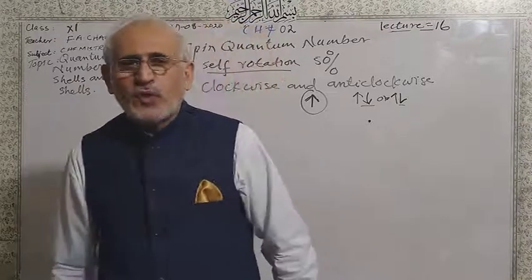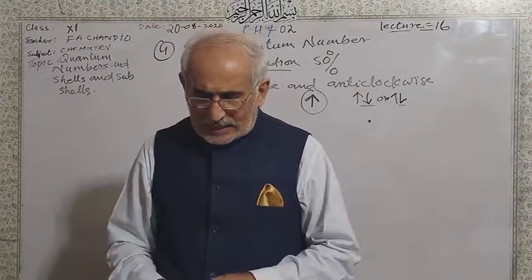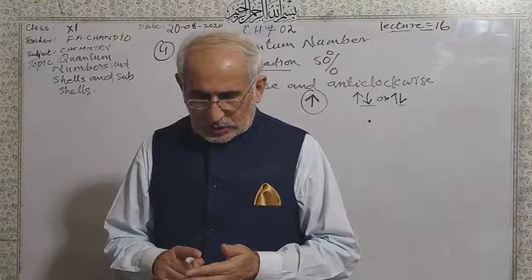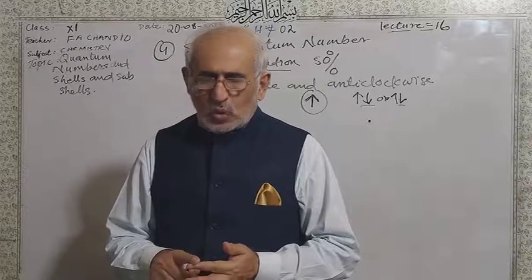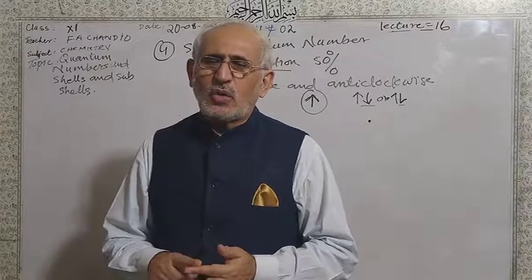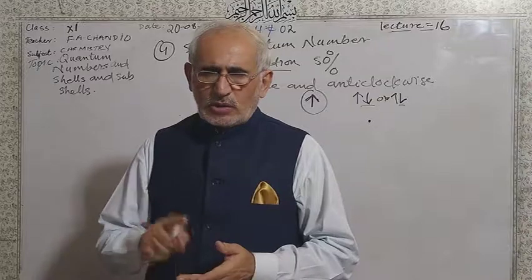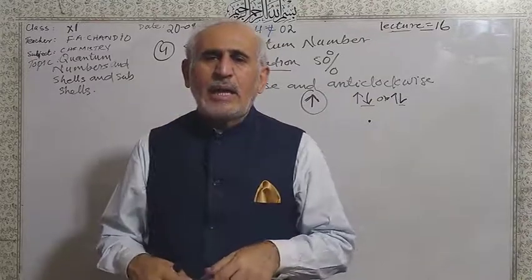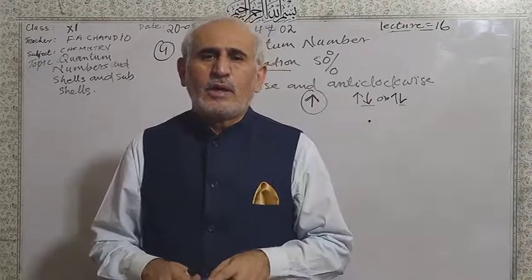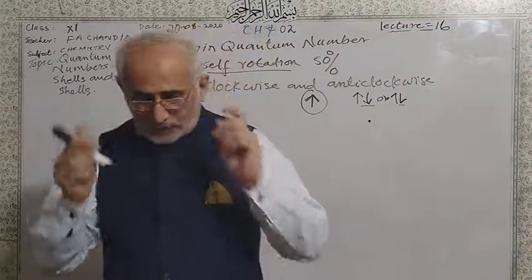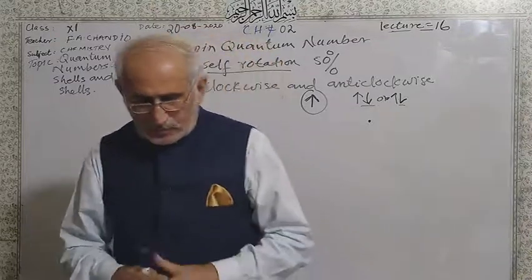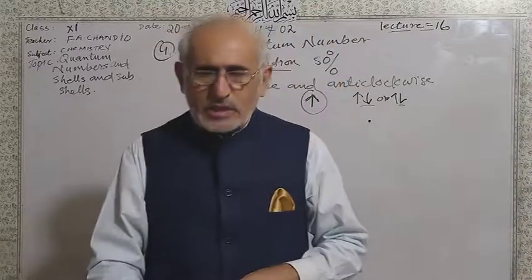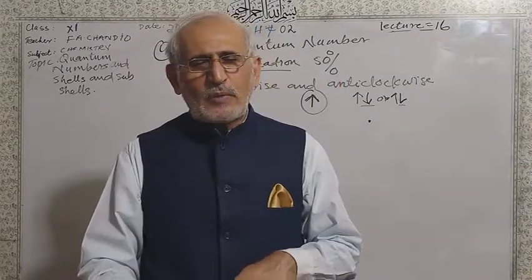When n is equal to 4, l has the values 3, 2, 1, 0, or 0, 1, 2, 3, which are S, P, D and F. So when n is equal to 4 and l is equal to 0, I told you yesterday, that is the S